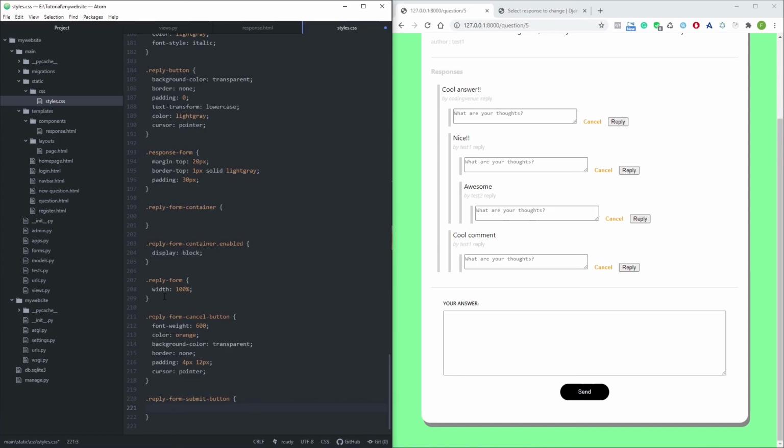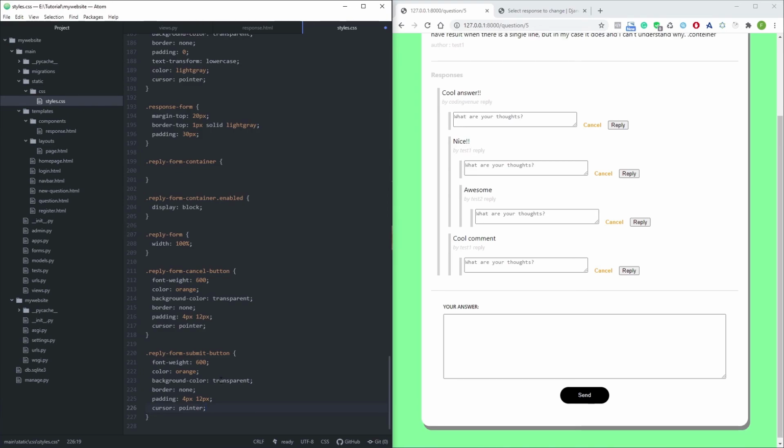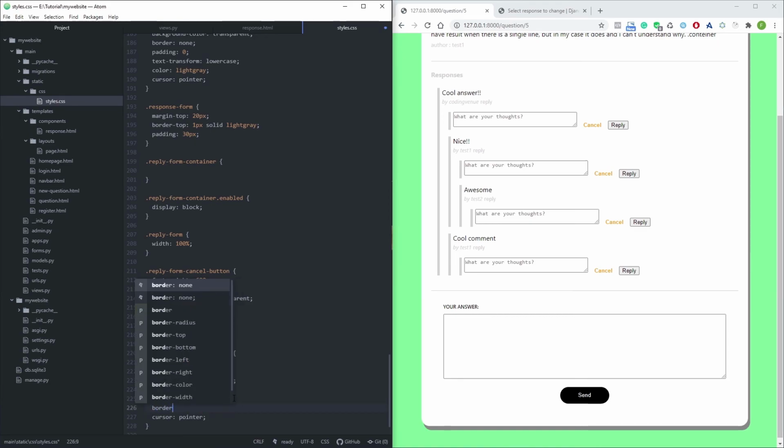Okay, so I think I can just copy and paste some properties here. And for this, a couple of changes. I want the background color in this case to be white, and the color white and the background orange. I also want to add some border radius on this. I'm gonna use 4 pixels,